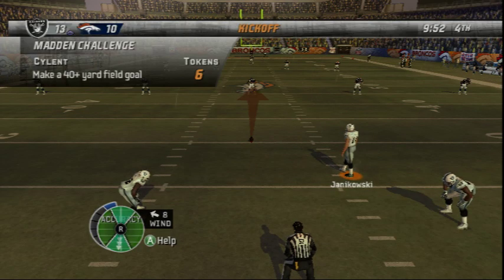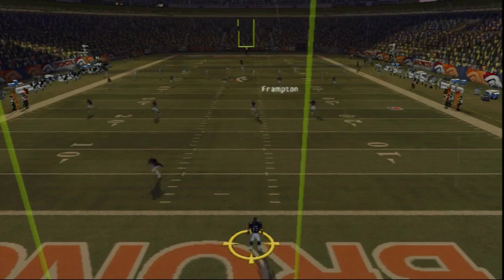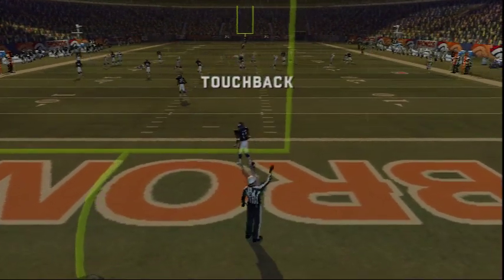John, if he can return another one, his team will take the lead here in the 4th. I'll tell you, every team in the league wants a game breaker like him on their roster. He got all of that one. This one is taken by Parrish. Denver is